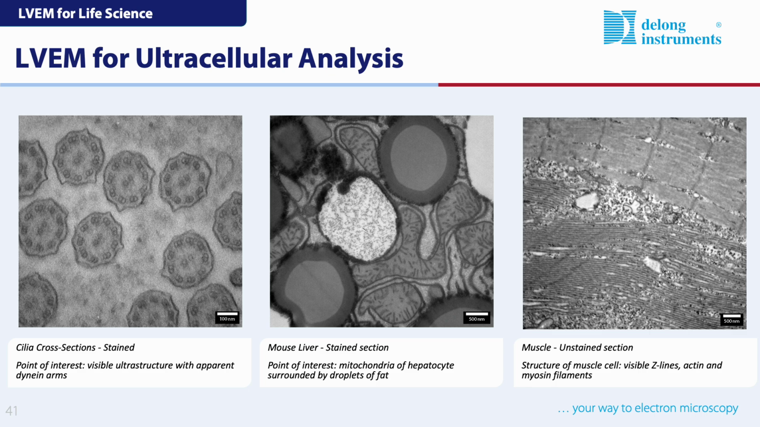First, a cross-section of cilia showing detailed microtubule organization and fine structural features. Second, mouse liver tissues highlighting cellular architecture and organelle details. And last, muscle tissue, where sarcomere organization and fine ultrastructure are clearly visible. These images show how LVM provides high contrast, high resolution views of delicate biological structures, often with or without toxic